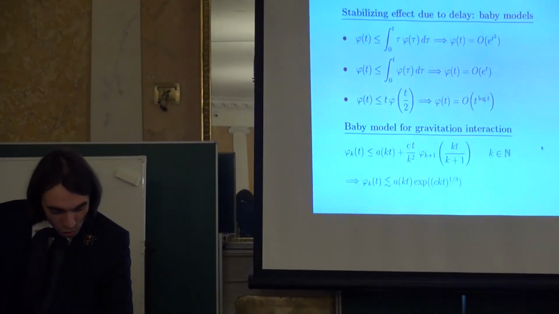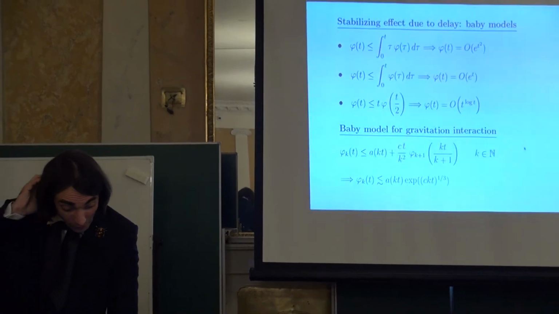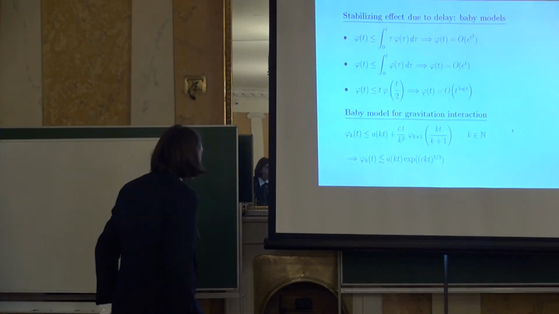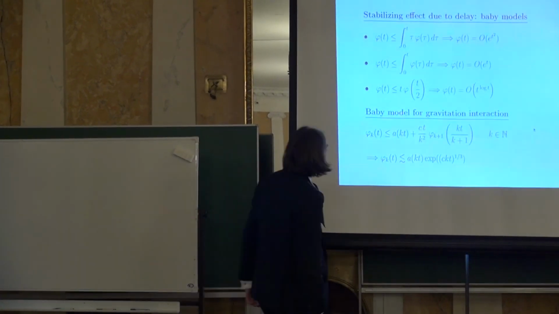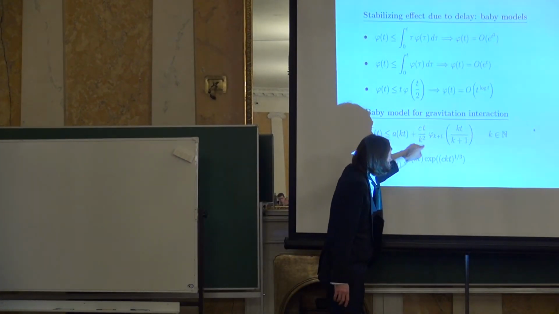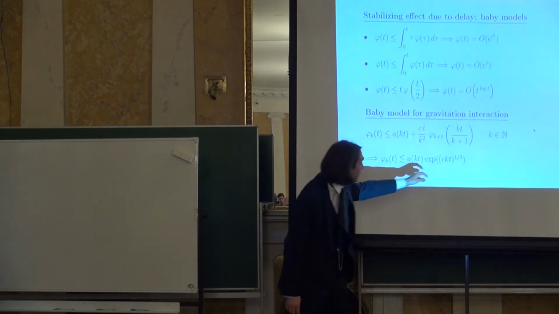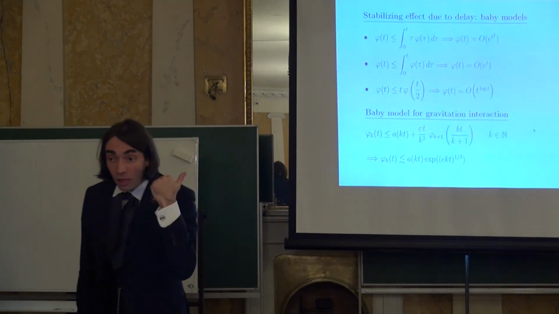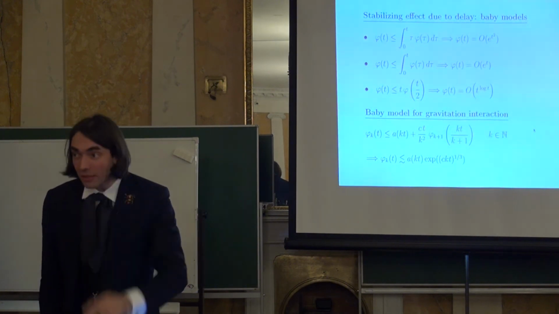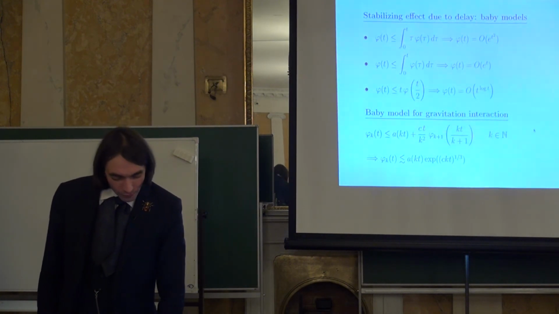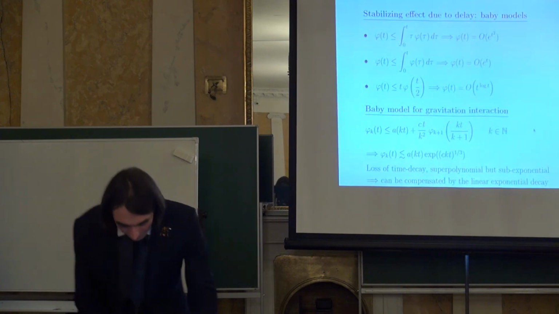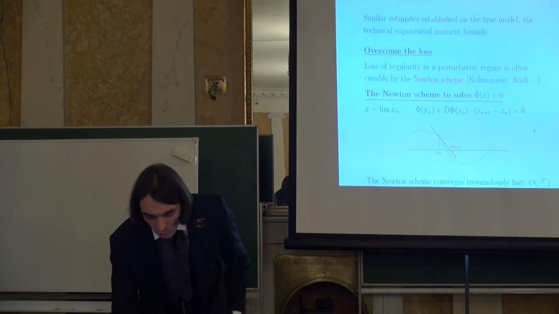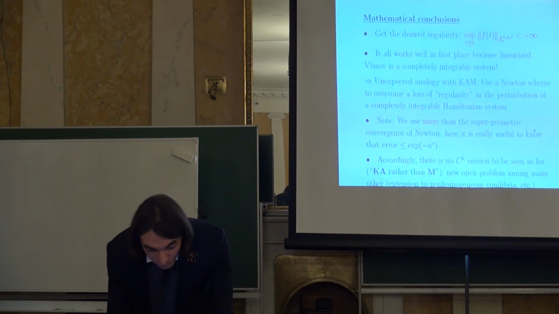I will conclude in an instant, mentioning first that in the case of plasmas it will be more complicated than this, but it looks a bit like this. And you have a critical growth of exponential t to the 1/3, and this will correspond to a critical regularity in the analysis of the Vlasov equation. And in the end, you overcome this loss of regularity by a Newton scheme in the style of Kolmogorov.